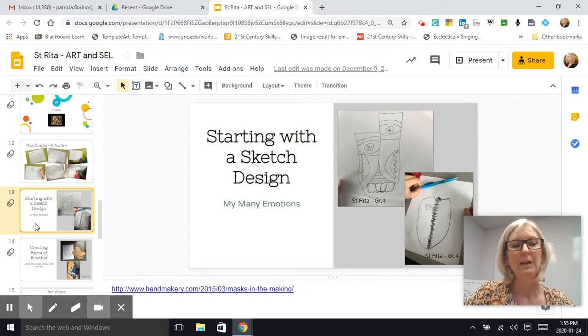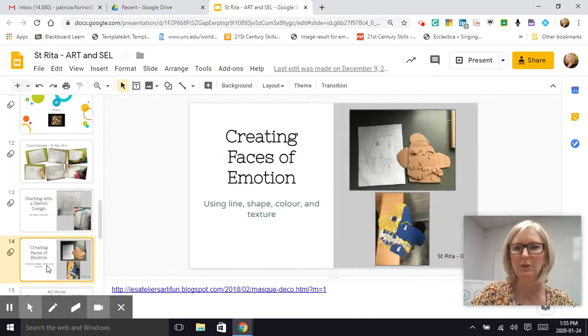They had to create an image of the mask that they would like to create, and the types of line they would use and what kind of emotion they were trying to portray. So from there, they took their sample that they created on paper and now used cardstock to create the faces